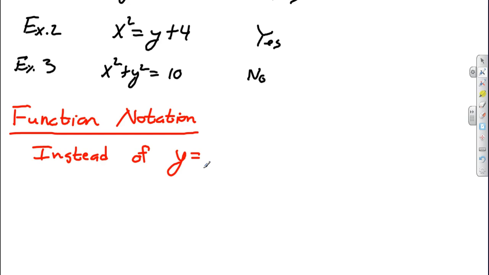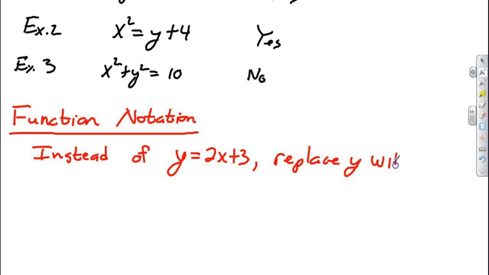Okay, let's use this for an example. Let's say we're getting ready to graph some lines, doing linear point slope or something like that. When we're graphing these, most of the time you put it in y equals mx plus b form. So let's say we had something like y equals 2x plus 3. When they talk about function notation, if you have any equation that's set up like this, what you're going to do is replace